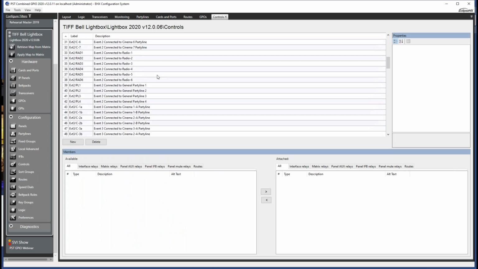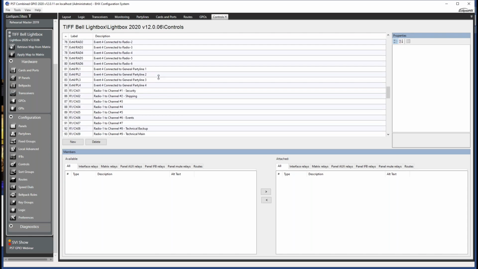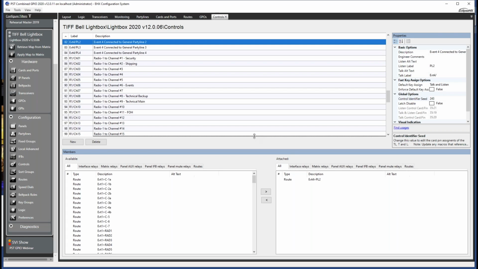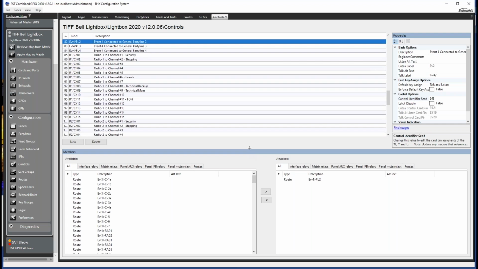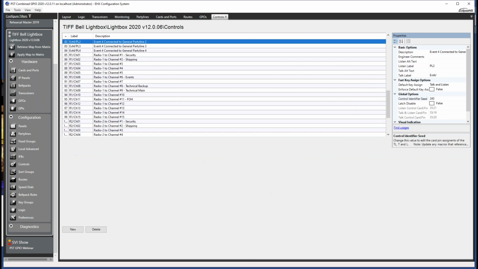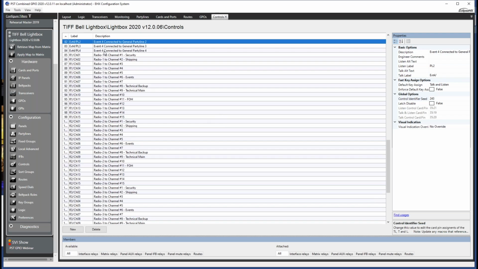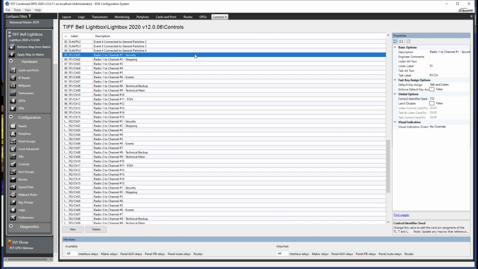So we have quite a lot of controls on this one, but let's look right here. What we're looking at is radio 1, channel 2, radio 1, channel 3, 4, and so on. If I click on security, which is channel 1,